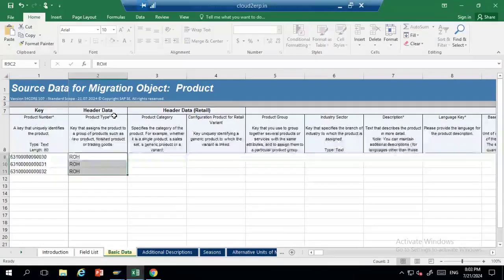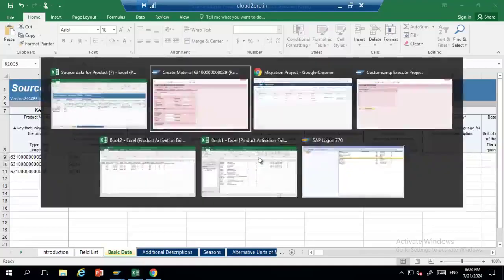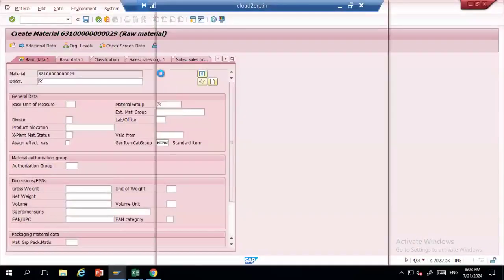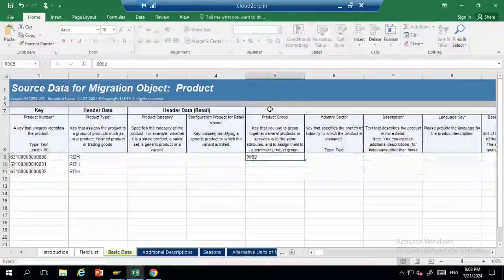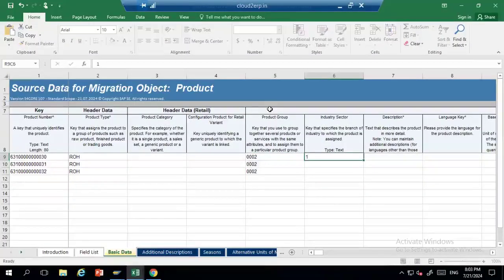Okay. And if you see here, there is a star. Where all you find star, that is a mandatory field. Okay. And if we find anything is mandatory going further, we can change that. So it is a material group. So let me check if there is a material group 9999, or let me take any material group. So let me take this. If you enter wrong data also, system will guide you what needs to be entered. Description,